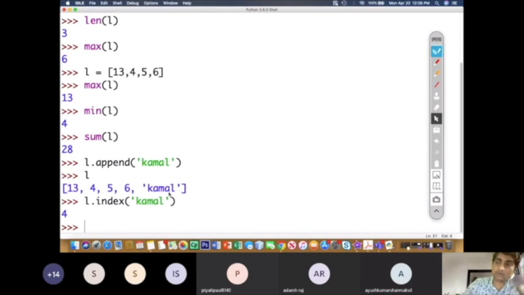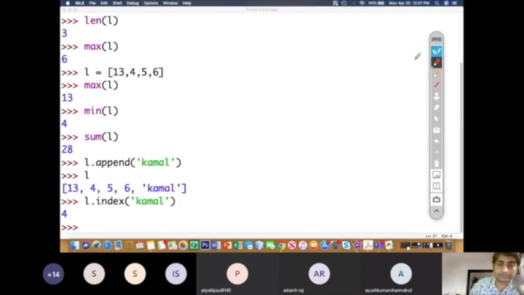Because now let us count out what is the index. The list index starts from 0. So 13 has an index of 0, 4 has index 1, 2, 3, and this is 4. And that's why the 4 is being printed here. This 4 index has come because of the fact that Kamal is on the index number 4. Okay, I hope this is understood. Everybody has understood it. If you have doubt, you please write down and we will clear the doubt at the last end of this lecture, right?